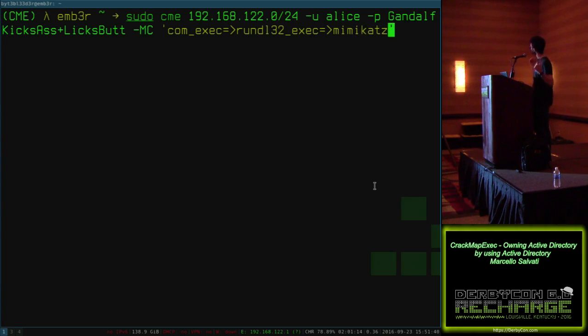Currently, for a reason unknown to me yet, there is a bug which only allows you to chain 2 modules together. But I'll be working on that, and the idea is that you'll be able to chain an infinite number of modules together, so that you can really quickly and easily automate these bypasses and